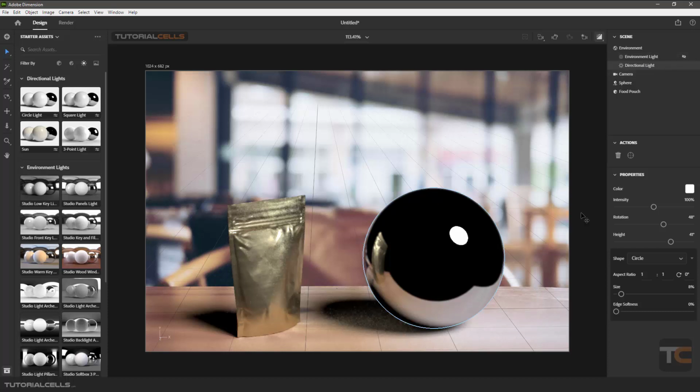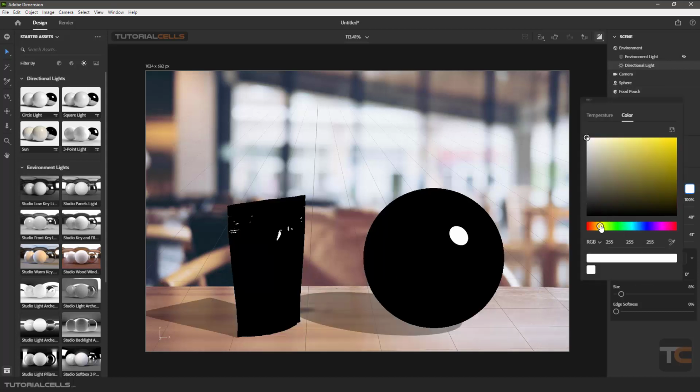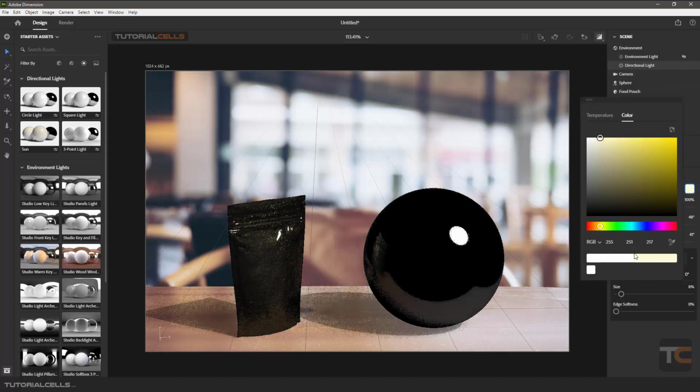Okay, this is from light here. And directional light. This is our first directional light. You can turn it off or on here. You can change the color. You can change it a little yellow, like a sun. Nice. As you can see, we have